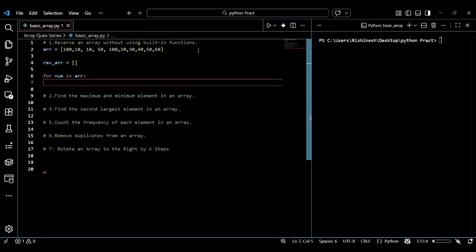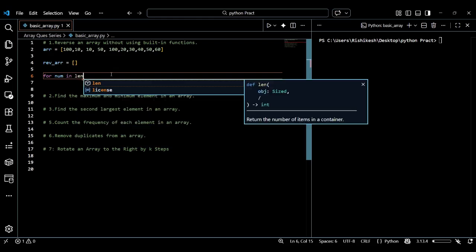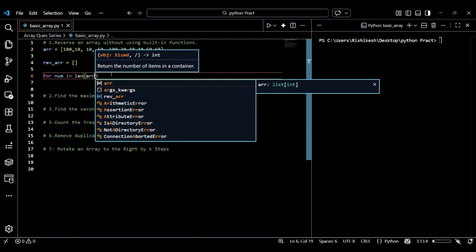And now what am I checking here? Oh sorry, I made a mistake. It is from the length of the array